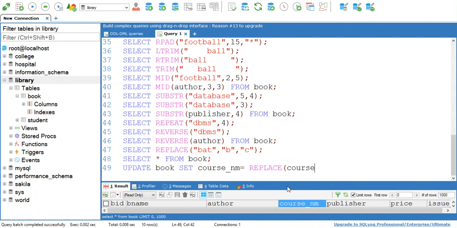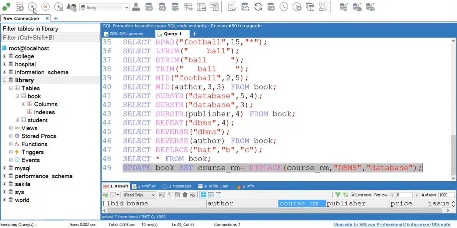Now my original string is what? I want to replace the course name attribute. So course name, and in that course name I want to replace dbms with database. Okay, now select this query and execute.